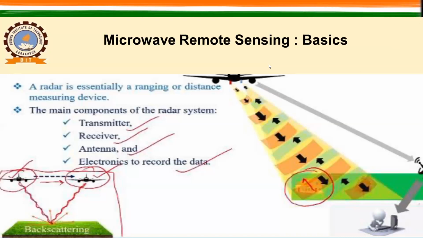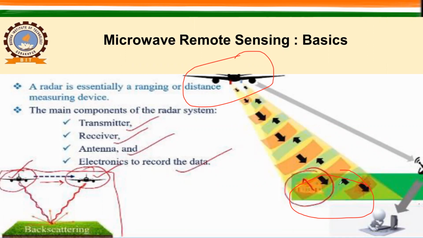ठीक है, from this particular position, this surface has been illuminated, but there is the absence of the solar energy, right? और उसके आगे क्या हो रहा है? Here you can see this particular system has illuminated the area from the particular position, but whereas in this one, here it has moved and it has captured the back scattering value.